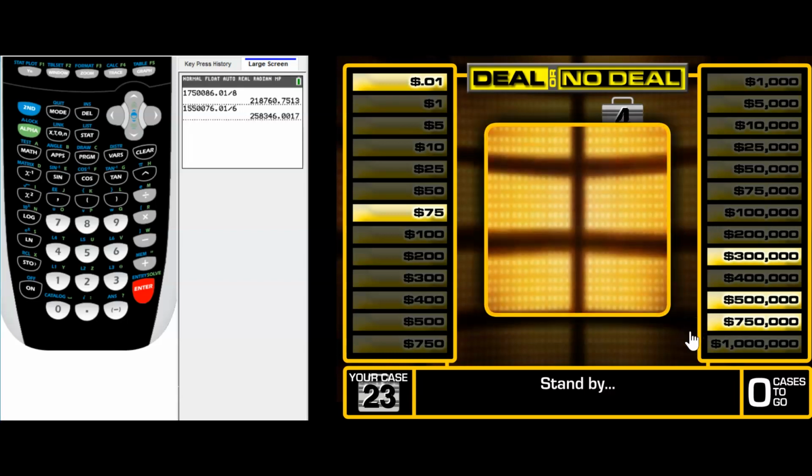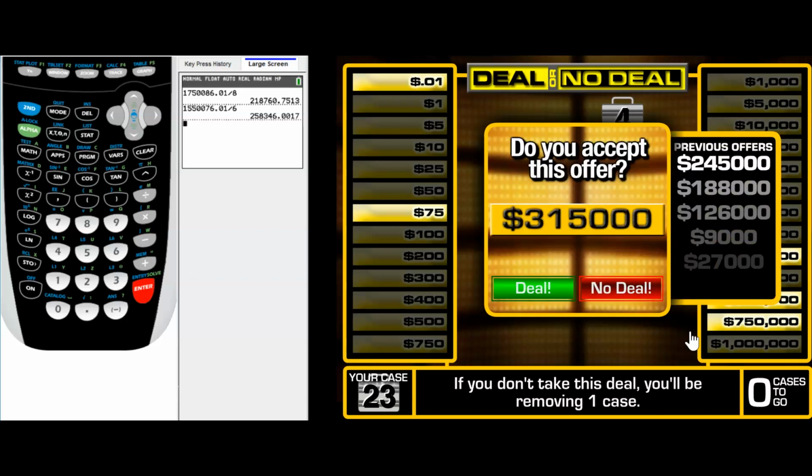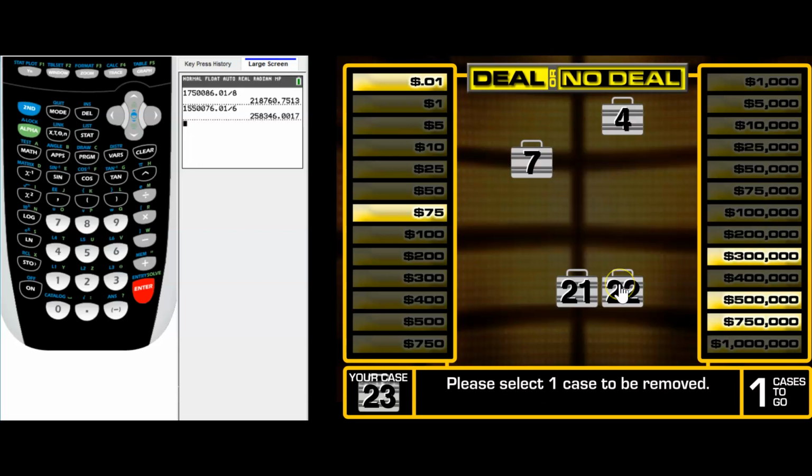And so our offer is going to get up there, and let's see how it compares again to the expected value. So now we have an offer of $315,000. Okay, if I take my average, again, I've got $1,550,000 and $75. So let's write this, $1,550,000, and then we have 75.01 divided by 5.